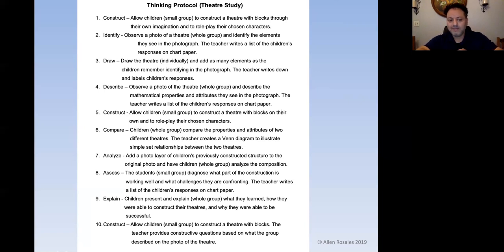Think about how intentional this is. We're lesson planning based off of how demanding the thinking is for the children. And this is really beneficial because when you use the lower level thinking experiences, even though they're lower level, they're building the foundation for harder things that are coming up in the near future, right? And that's what happens here.